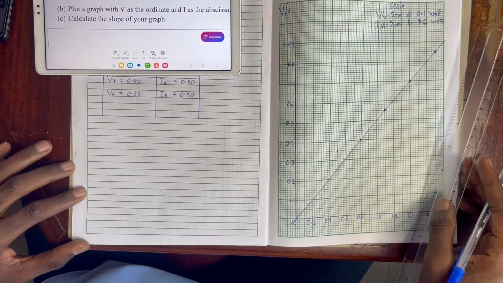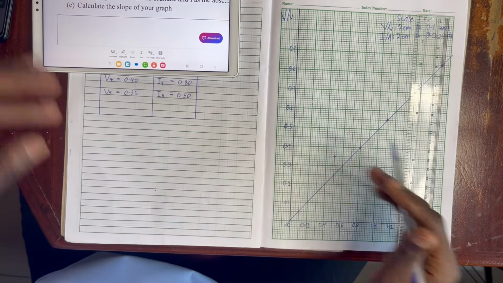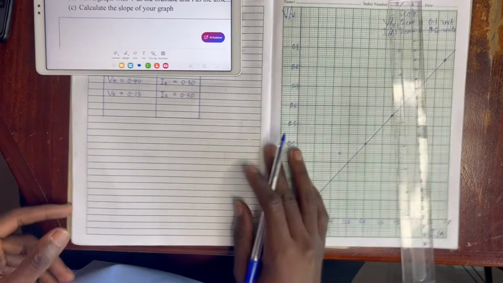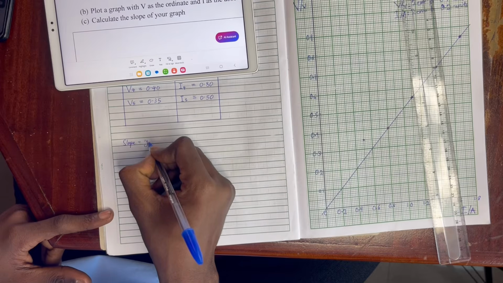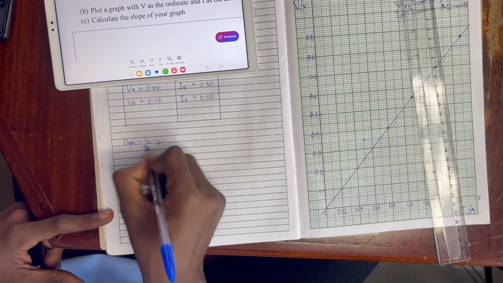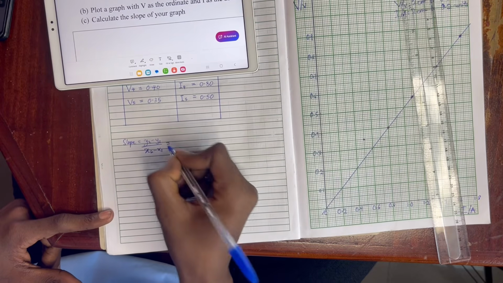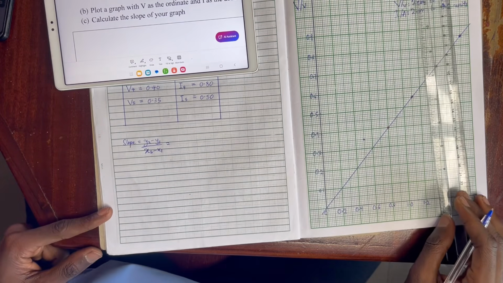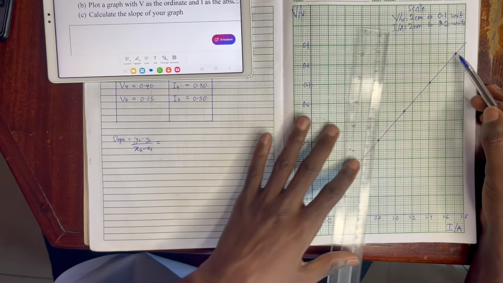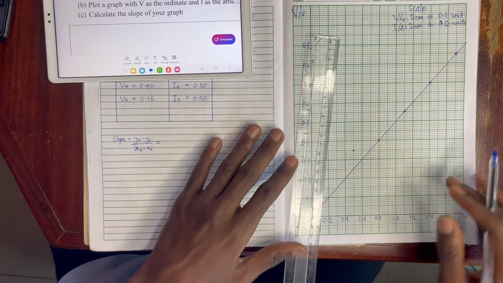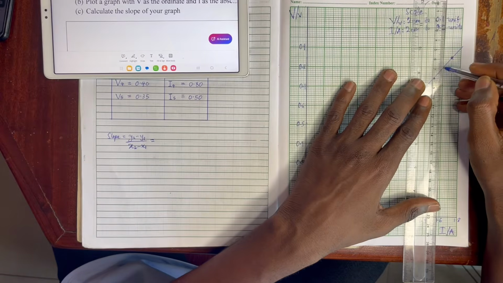The next thing I'm supposed to do is to calculate my slope. That's the C. Calculate the slope of the graph. Now, we know that for slope, the formula is y2 minus y1 over x2 minus x1. Now, when you are drawing your slope, don't draw the lines on the points. Okay. So when I look at what I have here, when I extend this line down here,